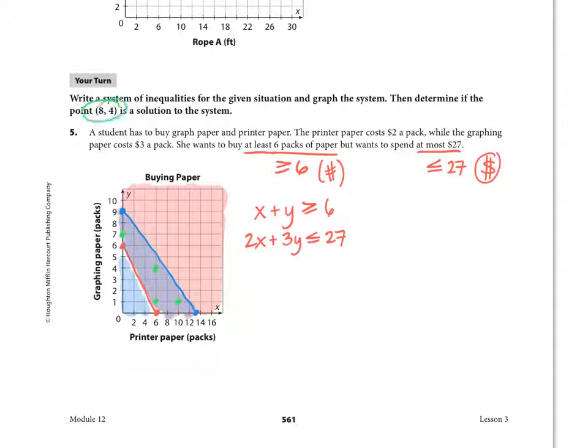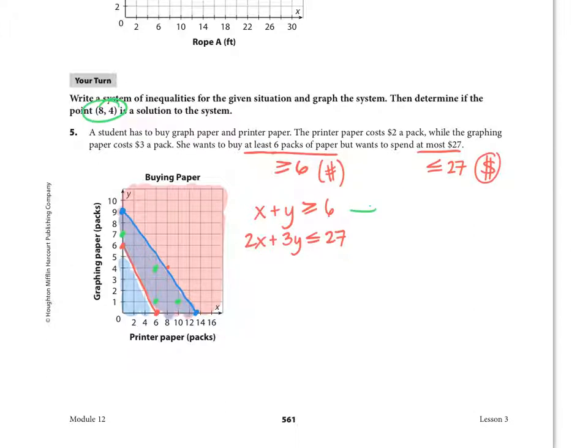Now, is the point 8, 4 a solution? That means, can the student buy 8 packs of printer paper and 4 packs of graphing paper? So that point, if I drew my line accurate enough, is about right here. And it's just barely outside, because 8 packs of printer paper, 4 packs of graphing paper means it's at least 12 packs. Okay, 12 packs, so if I plug it in,